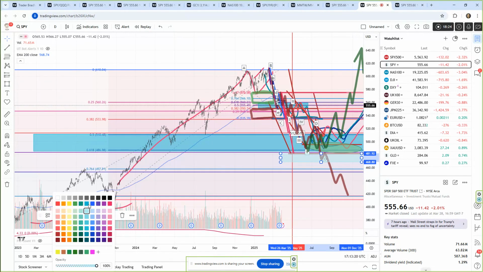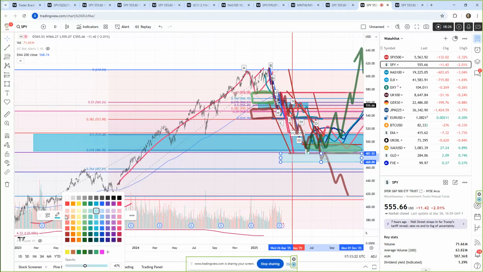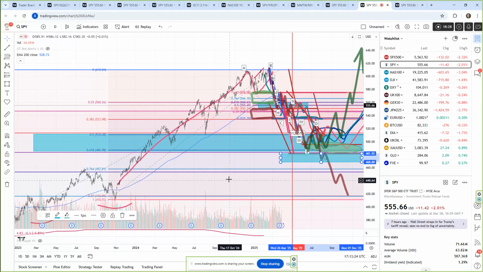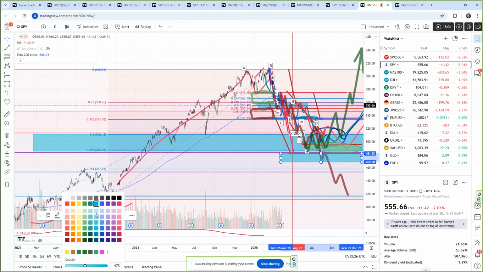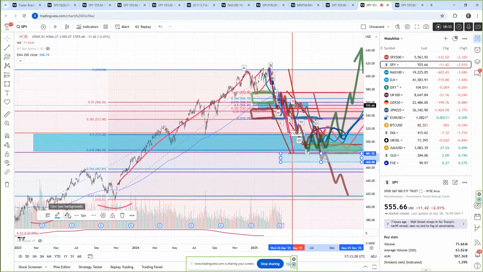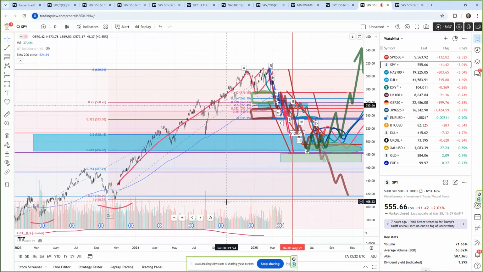Unless we get below that area, I'm pretty confident that this 0.50 to 0.618 level right here is going to act as moderate support. As I mentioned to you before, if we get below that 618 level right here,